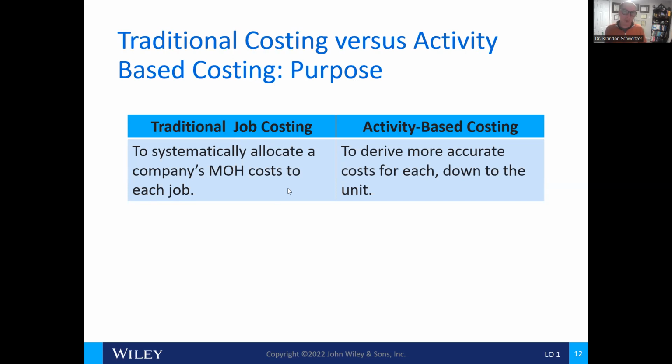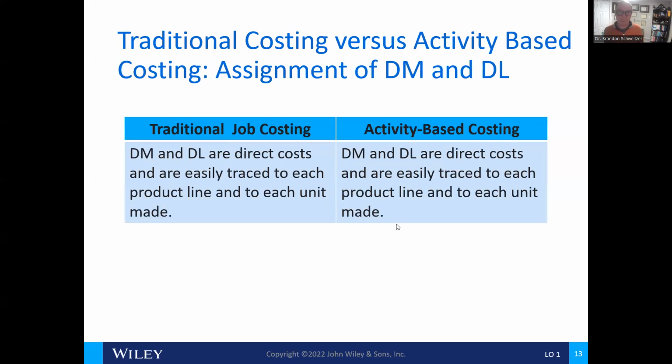So the traditional job costing method is systematic and applied to each job. In activity-based costing, it's more accurate because it's drilled down to the individual units based off of the activity. In traditional job costing, we looked at direct materials and direct labor costs as they're traced to each product line because they're direct. Right? Direct costs are easy to trace, indirect or not,